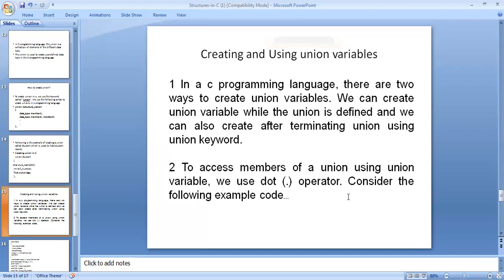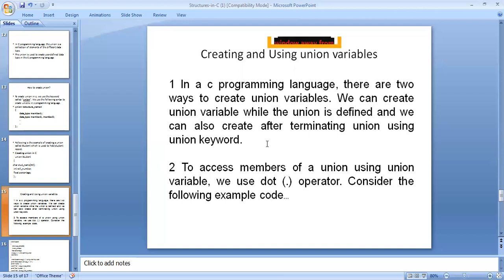Creating union variables, and here the user-defined data type uses two words, and we use the typedef syntax. The elements in a union are independent in memory location terms, and all elements share the same memory location. In a union also, you can declare inside the function or outside the function, when we create a union in programming and you have to store n number of elements.